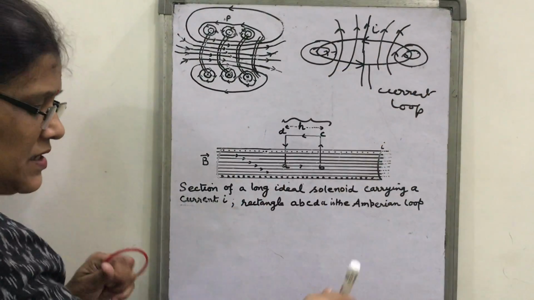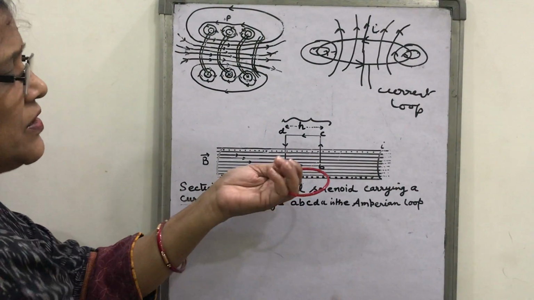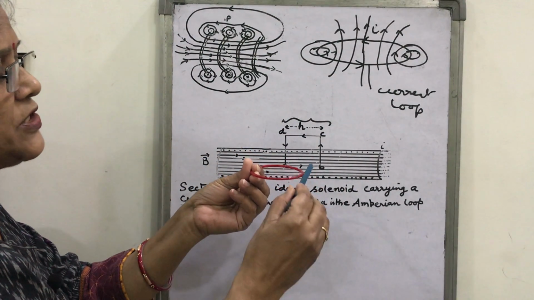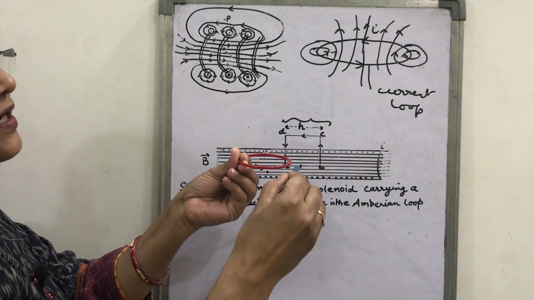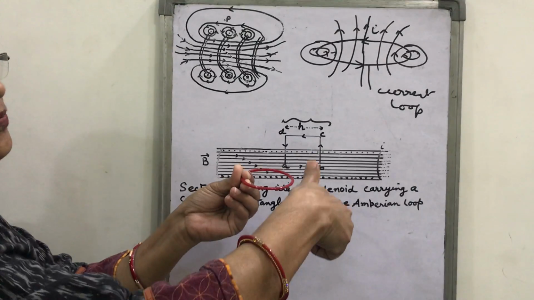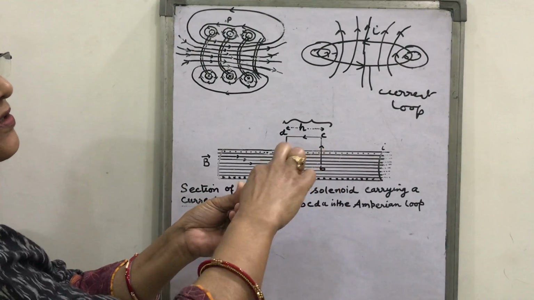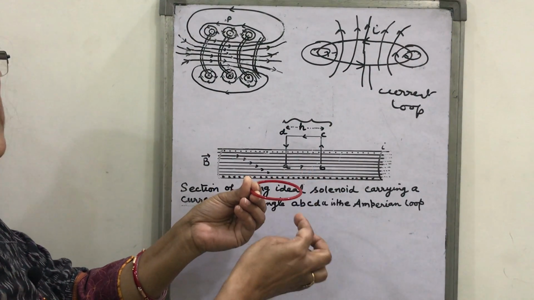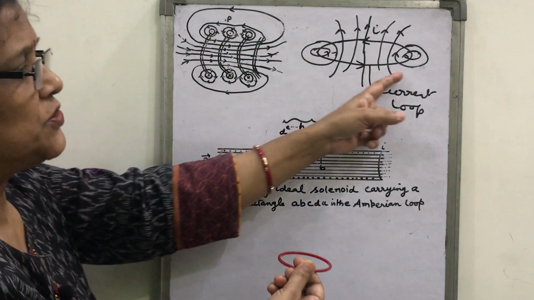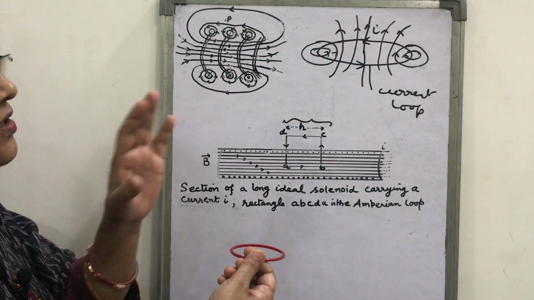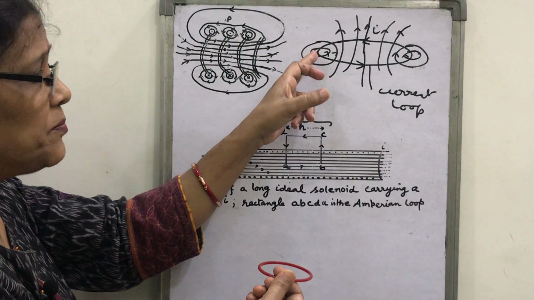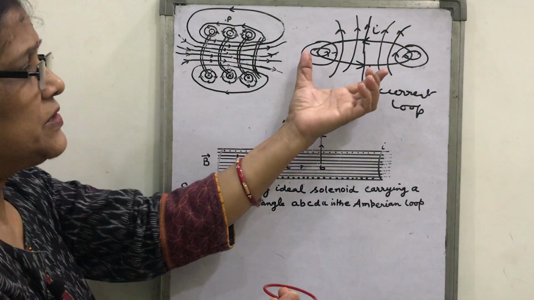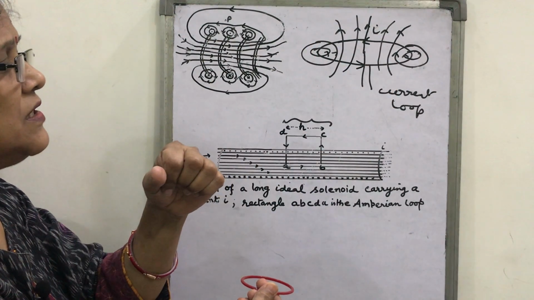How are these concentric circles formed? I will show here that for a single current carrying loop, suppose this is a straight portion at this extreme, and the current is in this direction. If you put the thumb in this direction, then these are the circular loops of magnetic field, that is, magnetic field lines in the form of concentric circles. Similarly here. Look how the straight current carrying conductor is taken as part of the circular loop at these two extremes, which I have shown in the form of concentric circles.